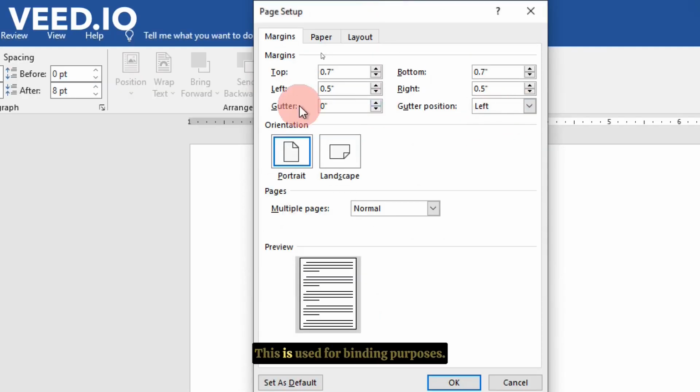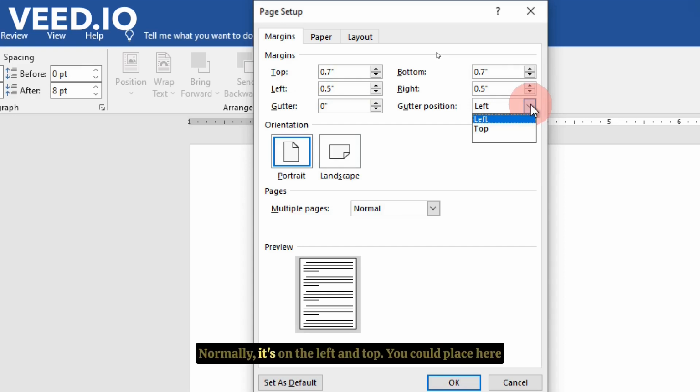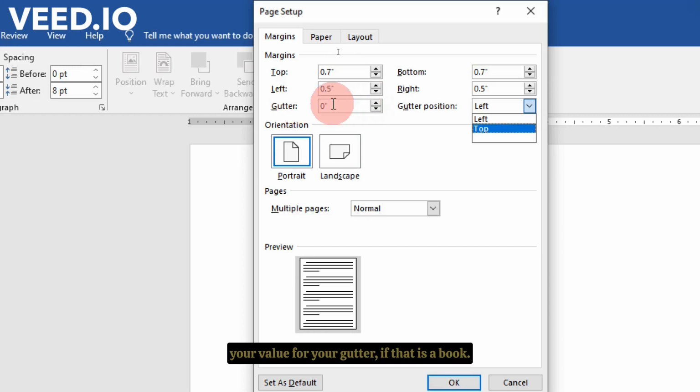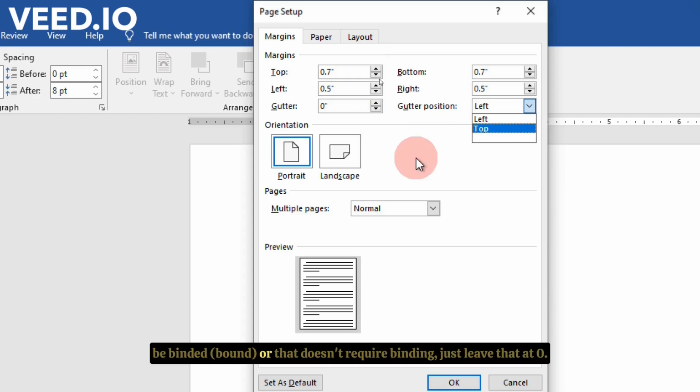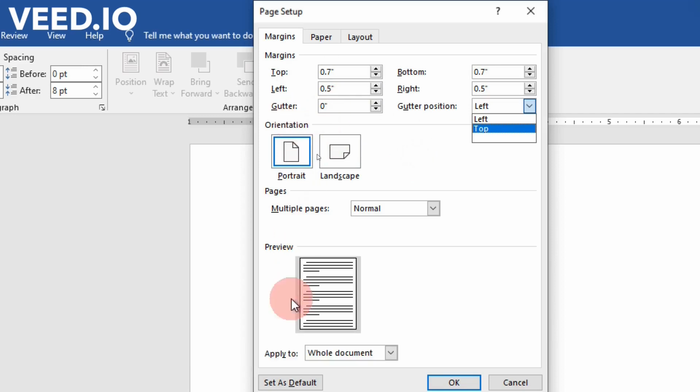Now you have a gutter position here. This is used for binding purposes. So your gutter position would either be left or top. I cannot find a book where the binding is on the right or at the bottom. Normally it's on the left and top. So you could place here your value for your gutter if that is a book. But if it's just a document that doesn't require binding, just leave that